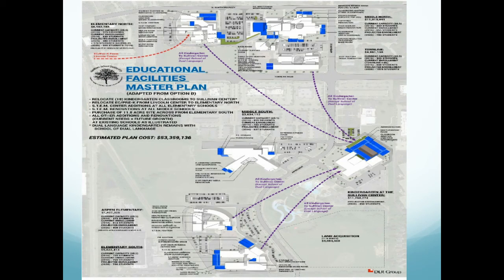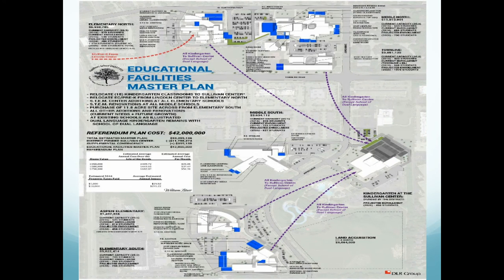Yet to be finalized. Again, this is conceptual, so it shows you where we think the spaces would go. But let's say for Elementary North, just as an example, we show you where we think that the pre-K EC would be added, but in the actual design phase, maybe there's a better location, and then it would be decided at that time. But it does give you an idea of representation of how many square feet or how many classrooms are needed.